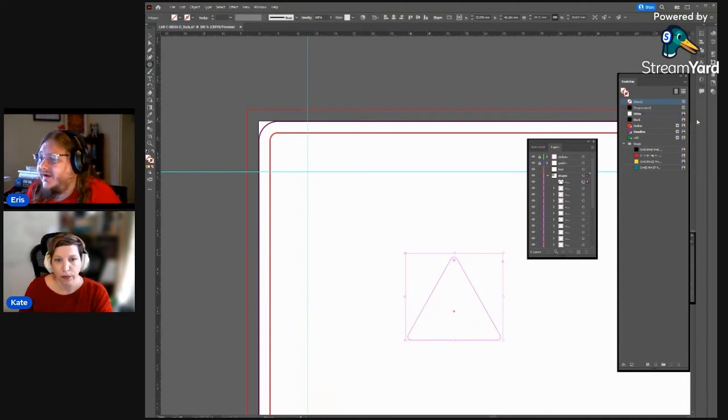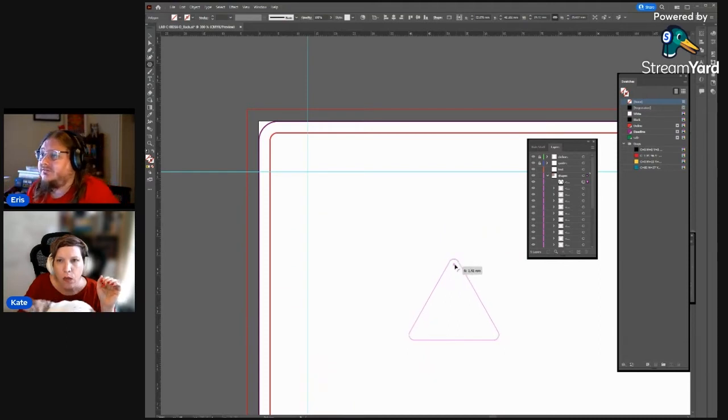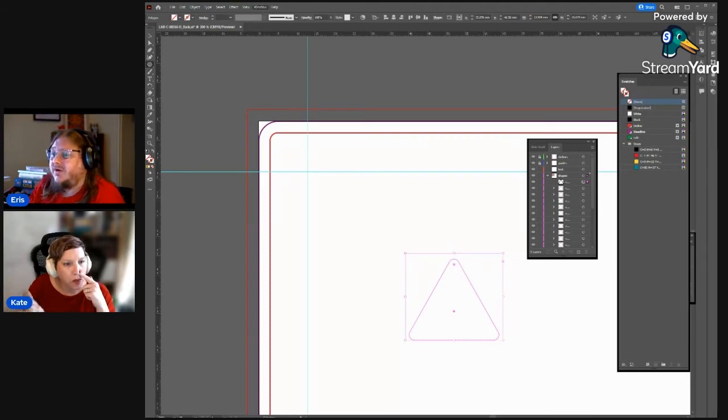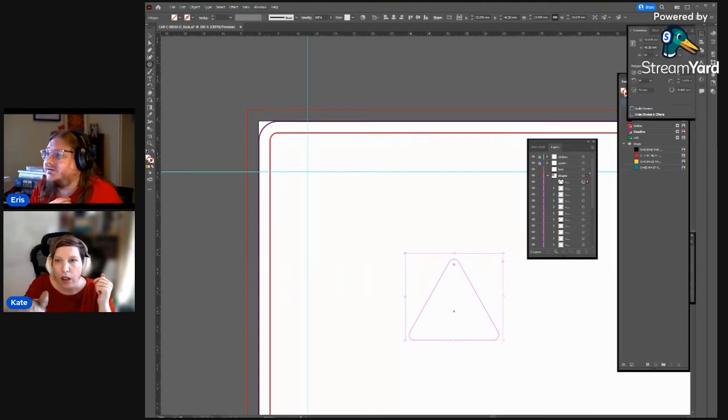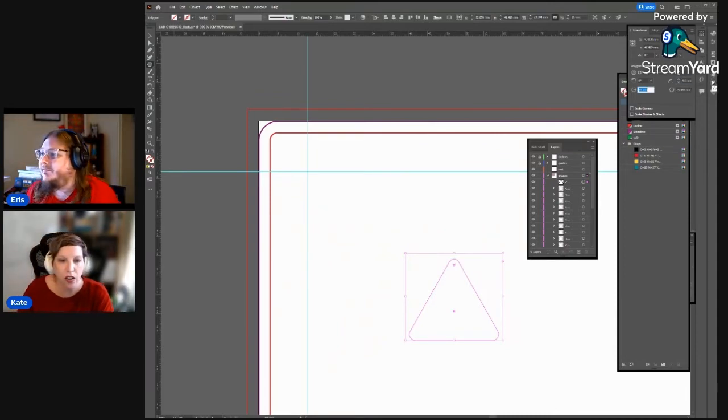What was the radius that you chose in the end? 15 millimeters. Oh, sorry, I meant for the rounding, what was the amount? Does it tell you, like 3 mil, 2 mil, does it say what it is? It might tell me somewhere. Let's have a look in the transform window. When you were dragging it, didn't it have a number? Here we go, the transform. So you can now set it to a radius of 1.5 millimeters. Perfect. It's not hugely rounded, but it's not a tiny little one either.